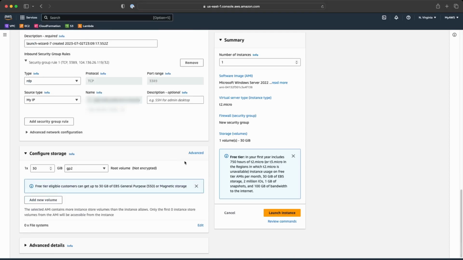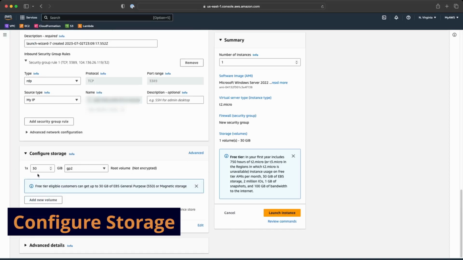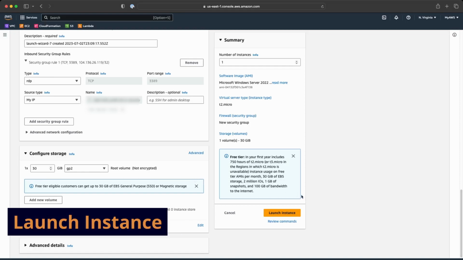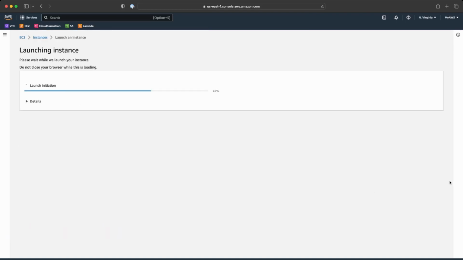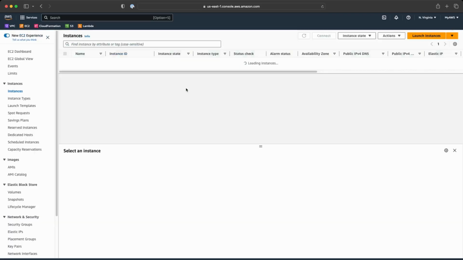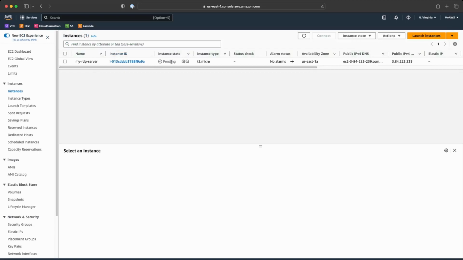Now we're going to go down to storage, and we're going to leave the defaults at 30 gigabytes because that's what the server needs. And we're going to go ahead and click the Launch Instance button here. And this is going to take a little bit. So see, we got success. Now if we go over to instances, you're going to see that our RDP server is in pending state,